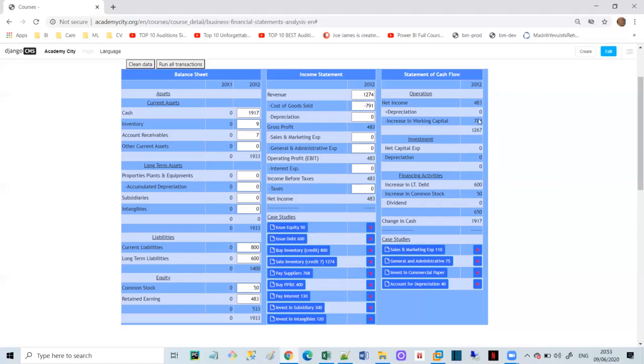If I take this amount plus the increase in working capital, in a minute I'm going to explain what working capital is. If I add those two together, it's exactly the amount of cash I collected from the customer. Why does it say minus increase in working capital? The reason is, if the working capital goes up, it should be a minus here. If it's decreased, that will be a positive. That's the meaning